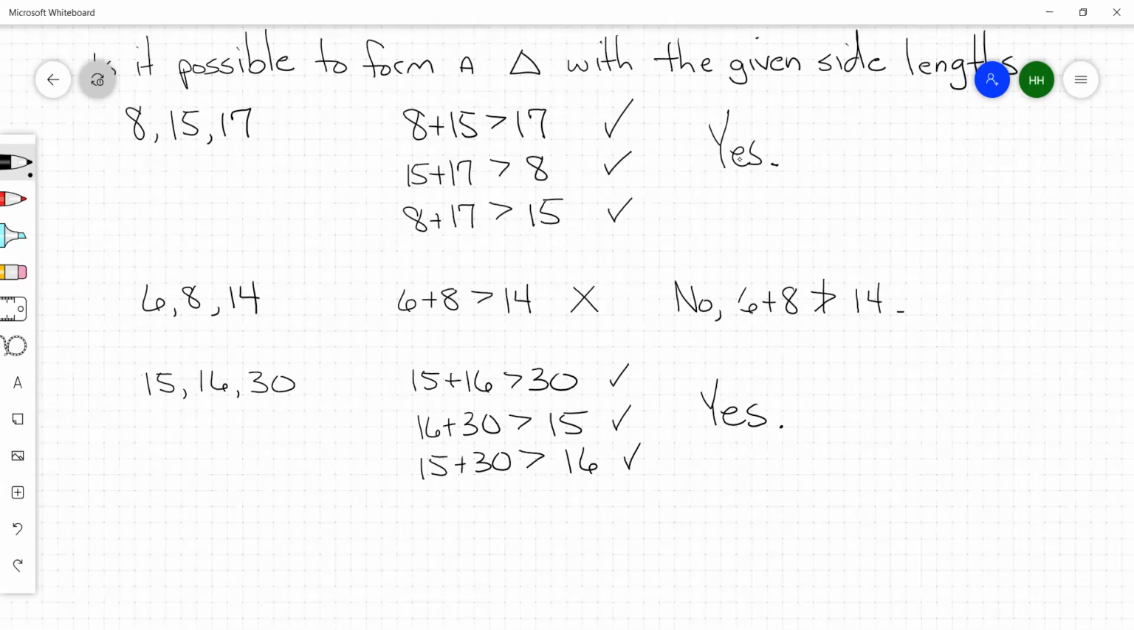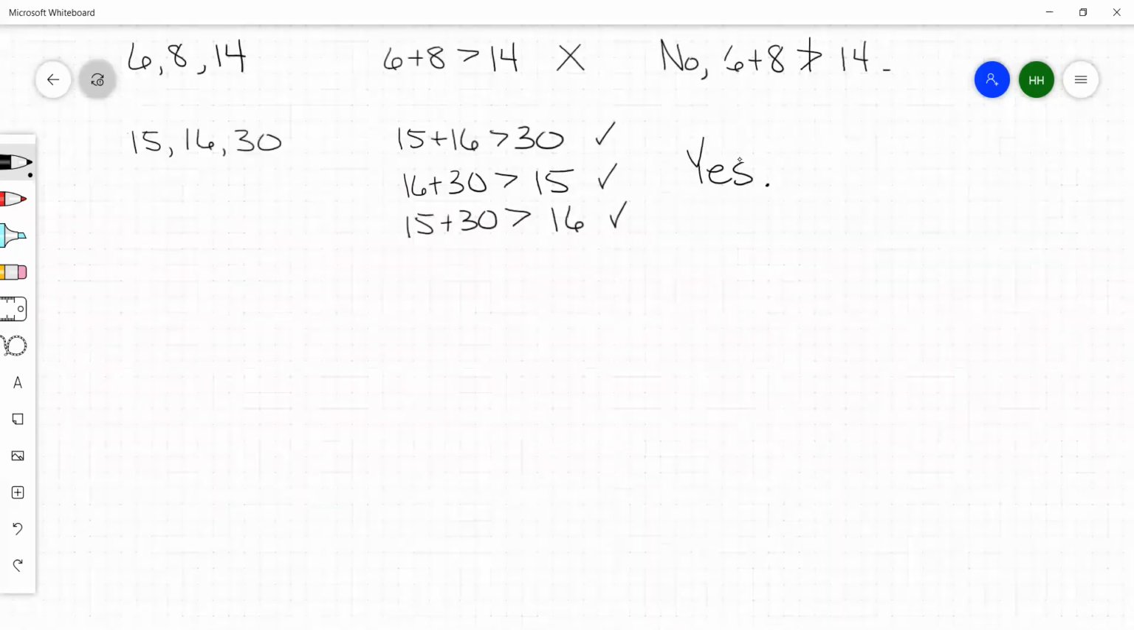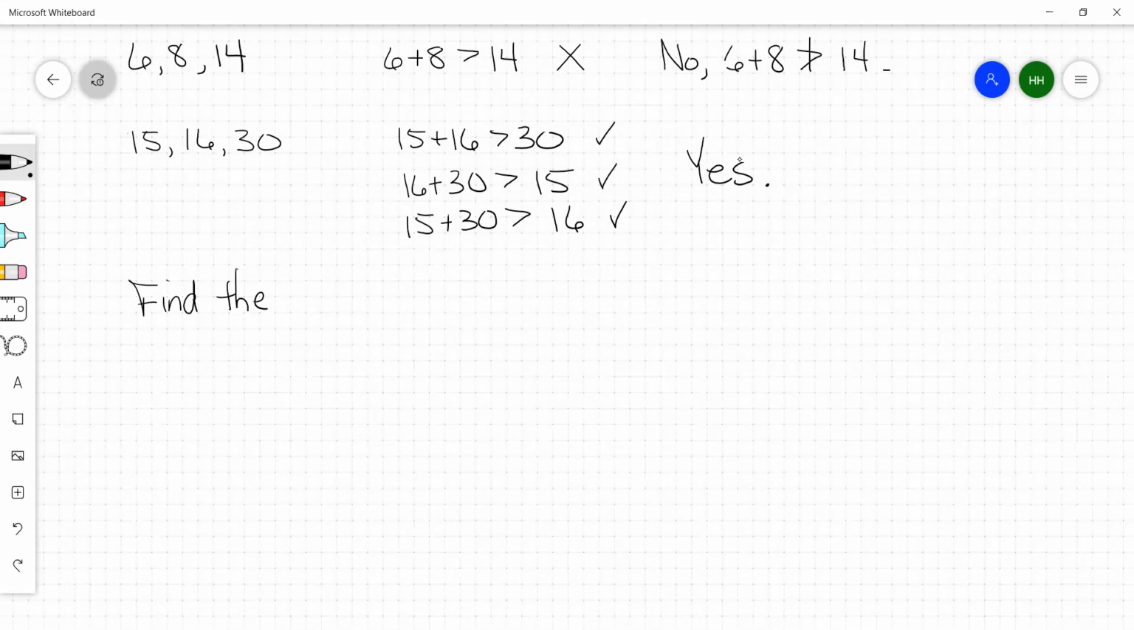In the second part of your assignment today, you are going to be asked to find the range